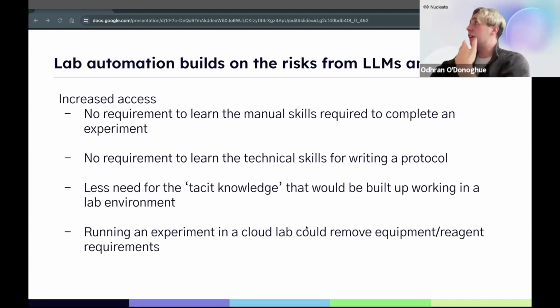Finally, if cloud labs become what they're envisioning, which is a way of democratizing science by creating cloud labs that you can use anywhere, that in theory removes some of the barriers of cost and reagent access. If you can get into a cloud lab, they may have compounds you can't find elsewhere. They may significantly reduce the cost of otherwise setting up your own lab. This also creates a risk of access. So that covers some of the access side of the risk.